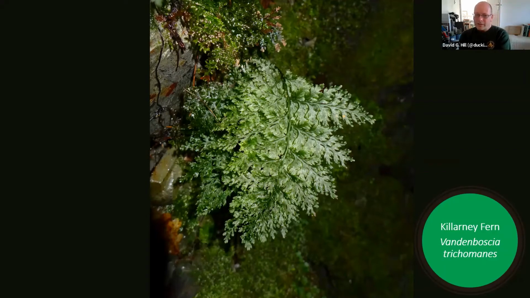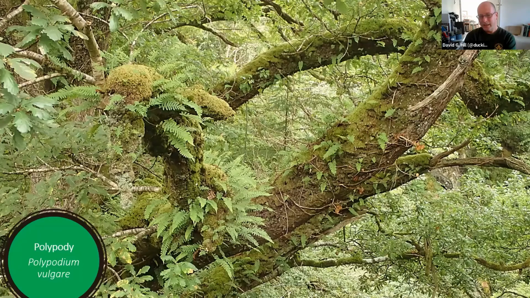We go from the sort of rare to the very common. This is probably something that most people have seen in passing, usually on walls rather than in trees. This is Polypodium vulgare, and this is a fern that